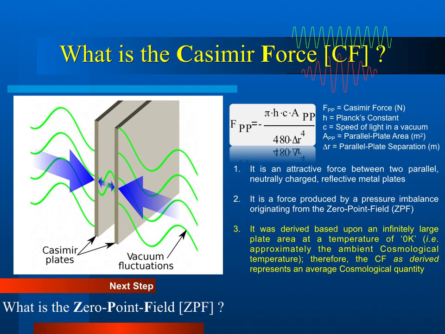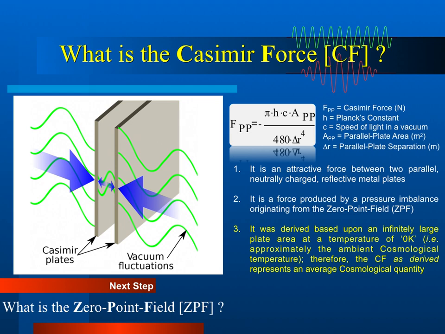An important aspect of the Casimir force equation shown here is the manner in which it was derived. The equation shown was derived based upon a number of important assumptions, one being infinite projected plate area stemming from infinite length and breadth, another being that the temperature of the plates is 0 Kelvin. The reason these assumptions are important comes from their impact upon the physical problem they are describing. In our view, the only conceivable physical interpretation of these key assumptions would be a set of plates running parallel through the center of the observable universe, from one end to the other, somehow missing all the matter such that no matter exists within the cavity.